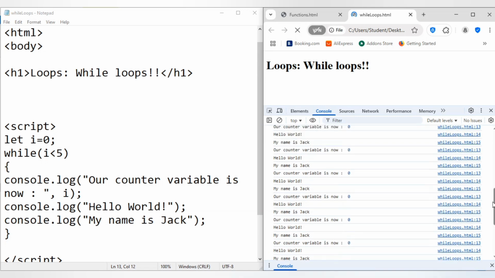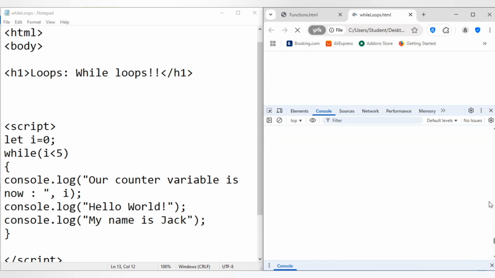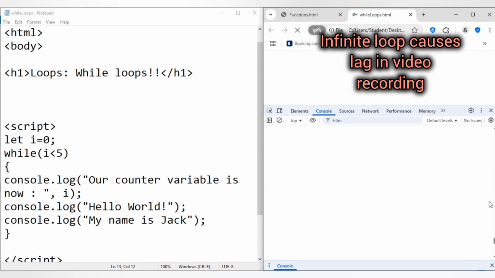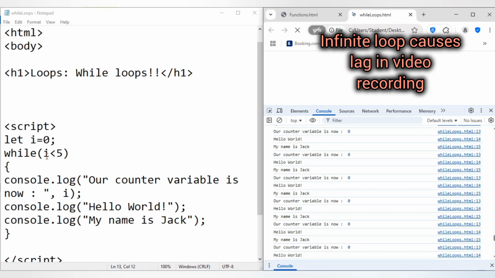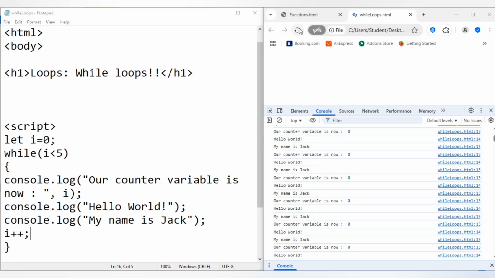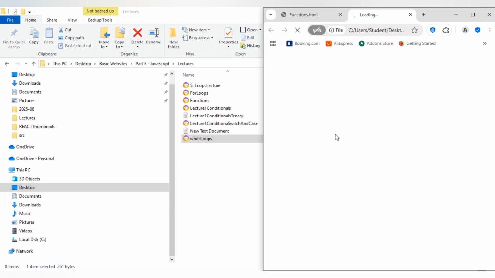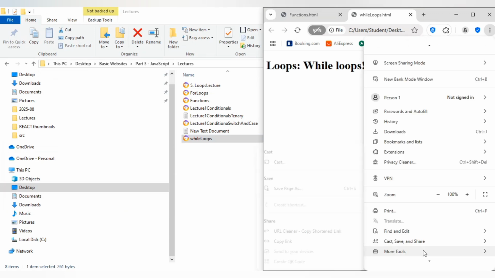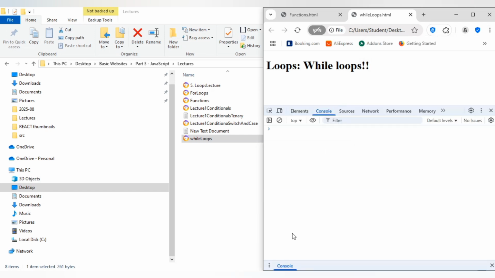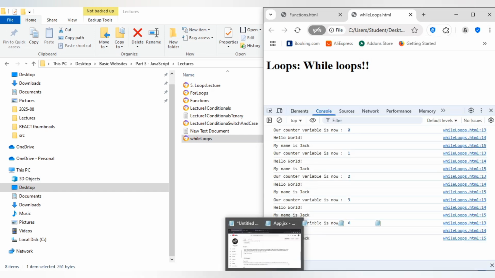So it keeps going. Actually, this is an infinite loop. It does not terminate. Why does it not terminate? Right, so this condition will always be true. And let me refresh now. Actually, so we're gonna go to while loops here. And there we go. Now I'm just gonna go to Developer Tools again. There we go. So if I look at the code,